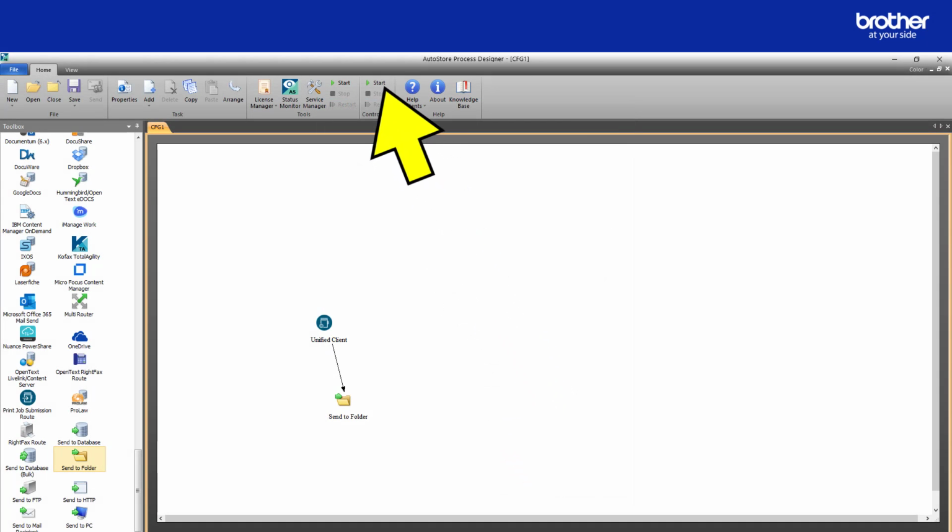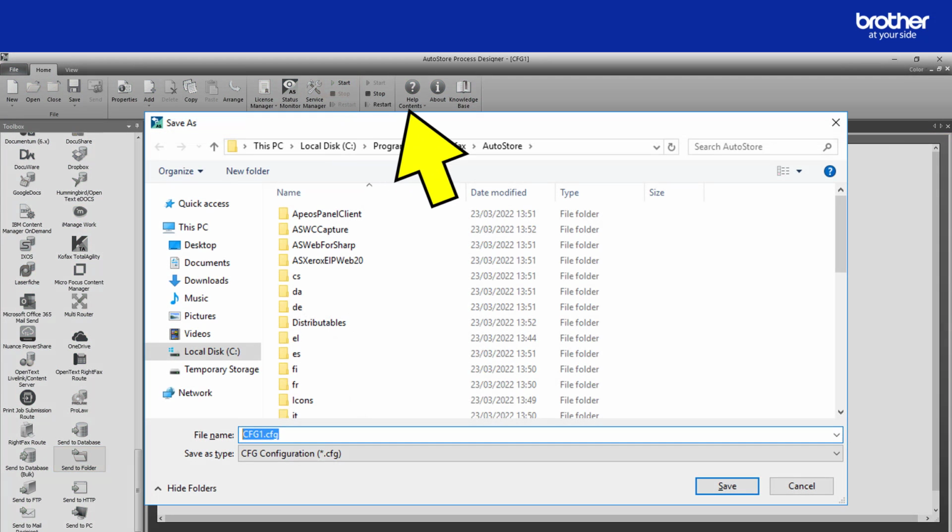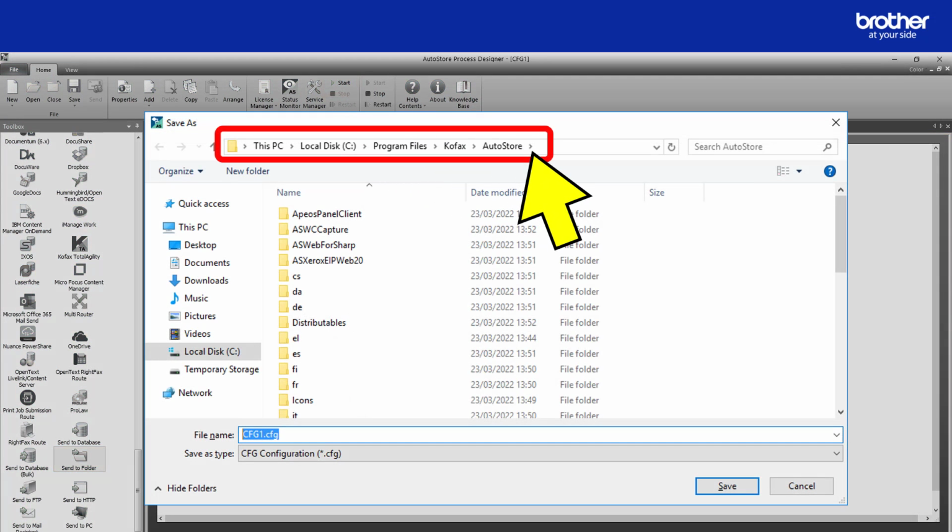All I need to do now is enable the Control Suite AutoStore service, as shown here, and then enable the new workflow I just made. Because I forgot to save my workflow earlier on, I'm being asked to do it now, before it can be activated.